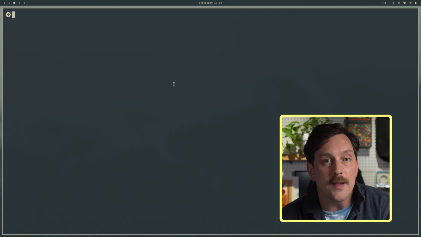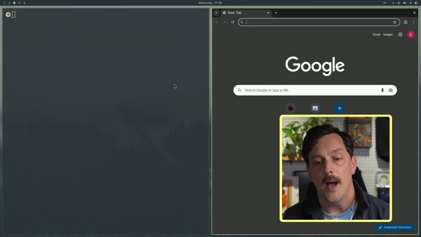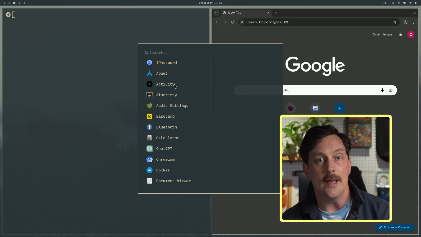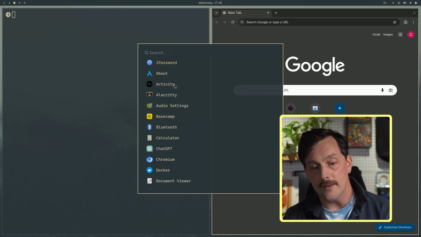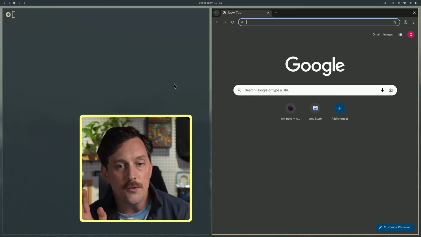And some of the cool ones that I found is Super B opens up a browser, which is Chromium. Super Space opens up a launcher for Linux called Walker. I never heard of Walker before, but apparently it's fantastic. And after using it for a little while, I agree, it's really, really nice. And if you push Super F, this is your file system, which is Nautilus. I've used Nautilus a million times. Nautilus is great. Super W will close your windows, but there's also some really fun ones too,